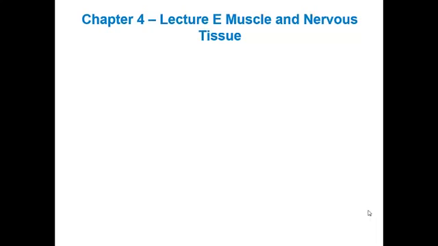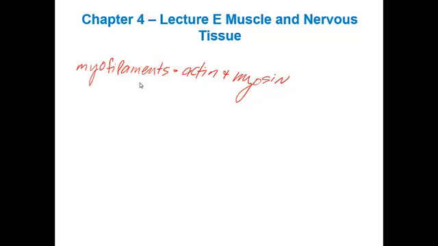The third and fourth type of tissues are muscle and nervous tissue. And muscle tissue possesses small proteins that are called myofilaments. And the important myofilaments that are present are actin and myosin. Actin and myosin are going to produce movement or contraction of all different cell types. And there's three different types of muscle that you should be aware of: skeletal muscle, cardiac muscle, and smooth